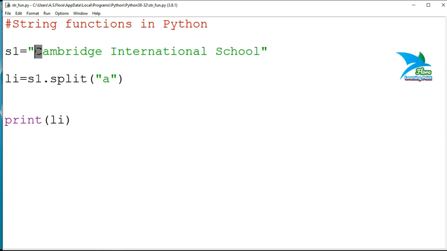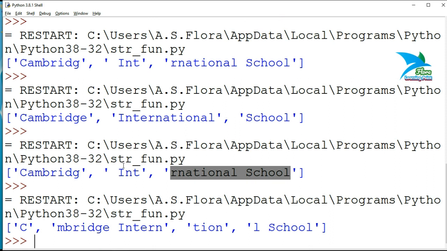So that means before that A, this one will be the 0 index element of that list, and after A, starting from M to this portion, it will be stored inside the first position of that list. Starting from TIONA, it will be stored inside the next index position in the list, and after that it will be stored in the next index.